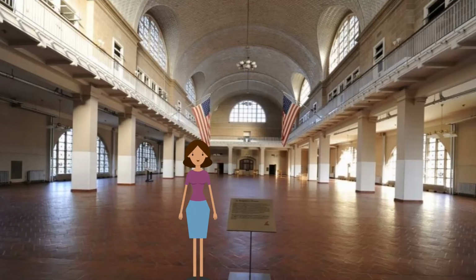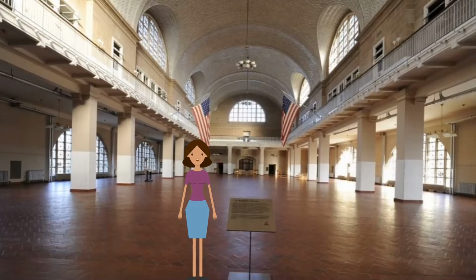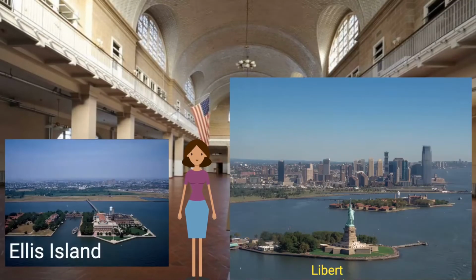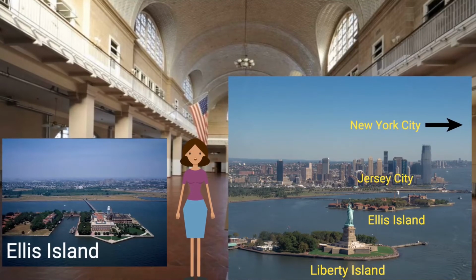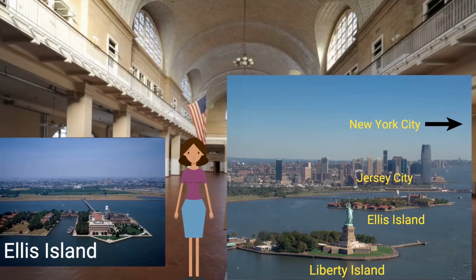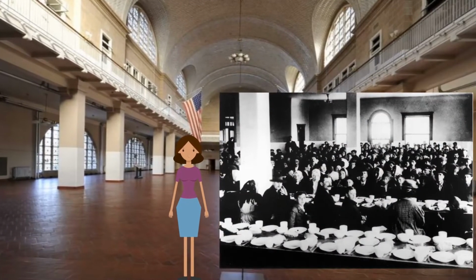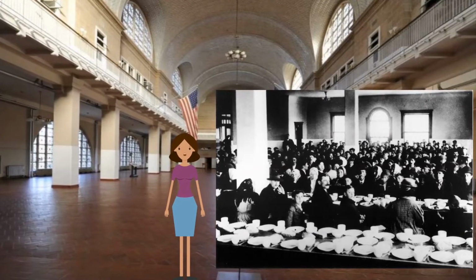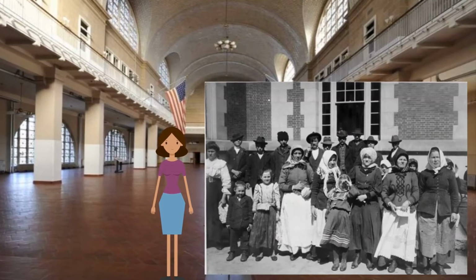From the late 1800s to the early 1900s, millions of immigrants saw the Statue of Liberty on their way to Ellis Island to immigrate to America. Ellis Island is located just past Liberty Island, on the way to New York City. Between 1892 and 1954, over 12 million immigrants came to America through this building on Ellis Island. For many of them, the sight of the Statue of Liberty became a symbol of hope for their new life